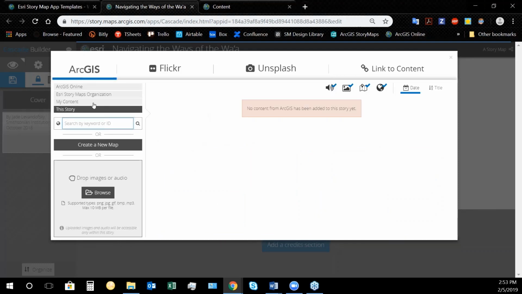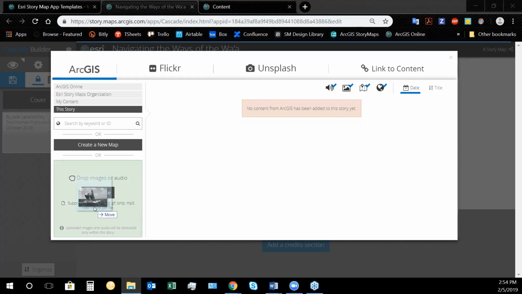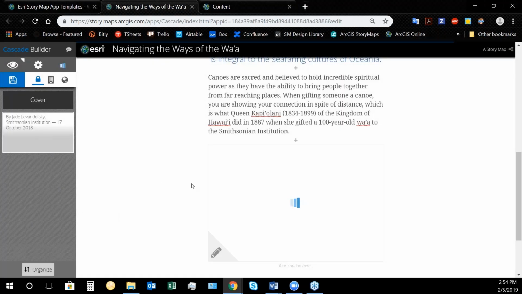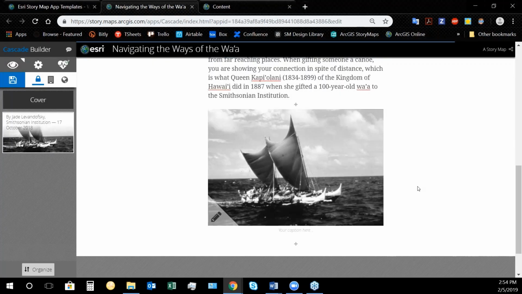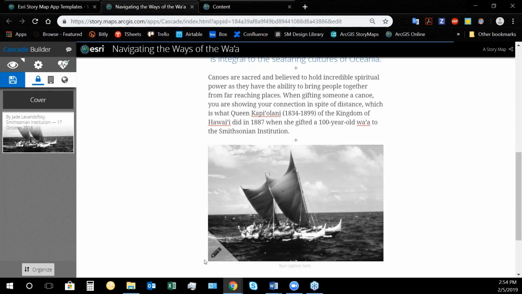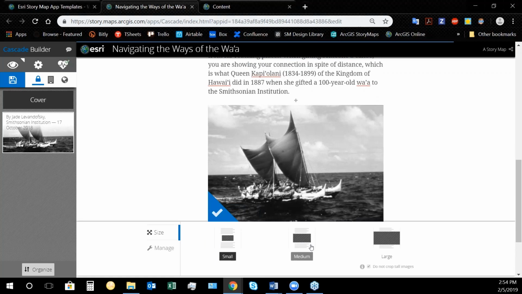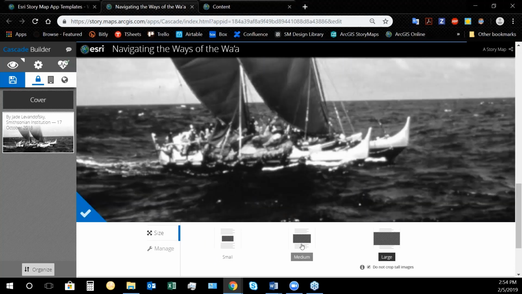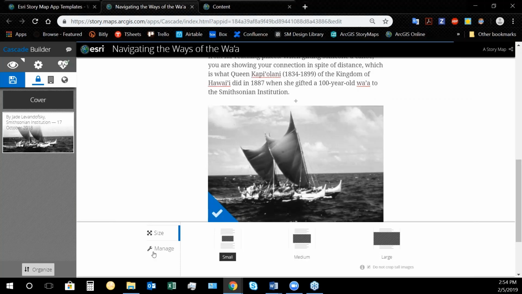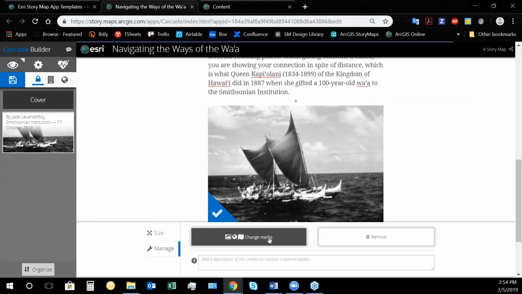And for this example, I'm going to drag and drop a photo that I have on my desktop in a folder. The folder you will not see, but if I drag an image into this area, it will directly upload it and add it to the story. For media inline to the story, I have this little edit pencil down here in the corner. So with that, if I click it and open it up, I can adjust settings such as the size of the image, as well as manage the image, such as go back to the media picker and choose something else.